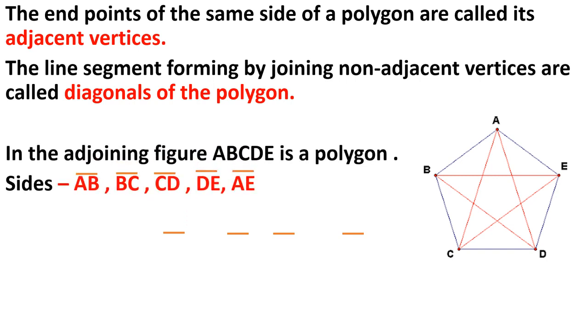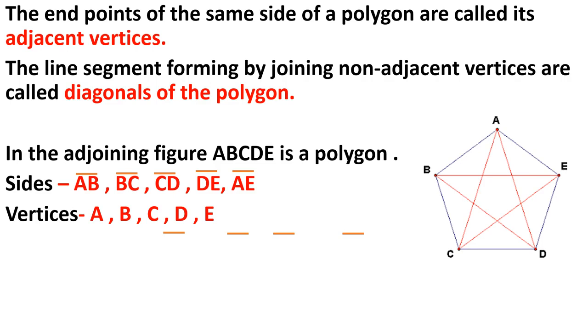There are two types of sides, adjacent sides and opposite sides. Opposite sides, you know, are the ones on the opposite side of the other. Adjacent means just साथ वाली, which is adjacent to him. In class also, many times the teacher asked you, don't sit adjacent to him. So adjacent means साथ में. So two sides of a polygon with a common end point are called its adjacent sides. Now the same goes for adjacent vertices. The end points of the same side of a polygon are called adjacent vertices.